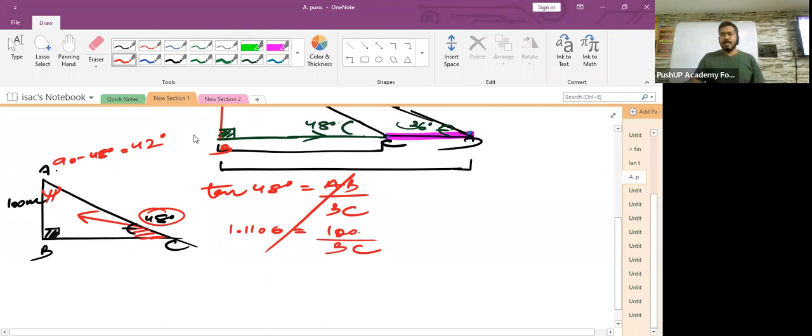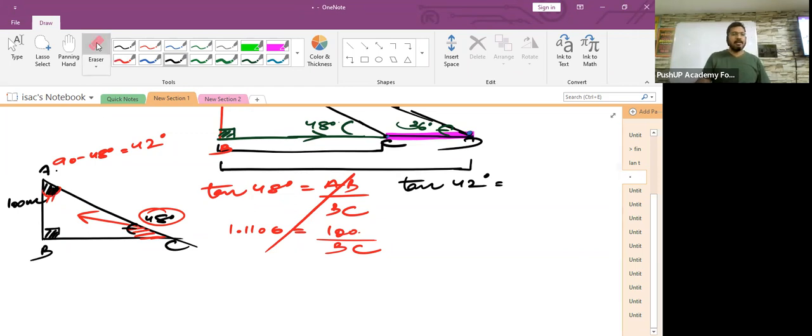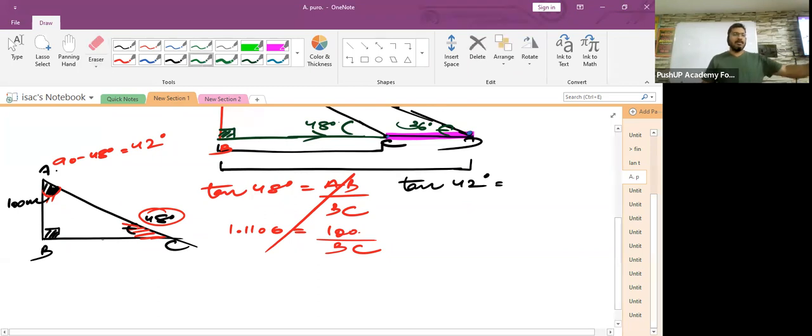Okay, 42 degrees. Now, instead of taking tan 48, I am going to do it with tan 42 degrees. So this is the new reference angle, children. This is the new reference angle. Now let us find out how much BC is going to be. With reference to this angle, 42